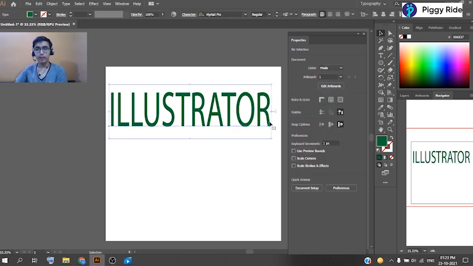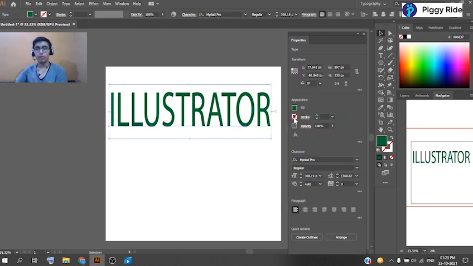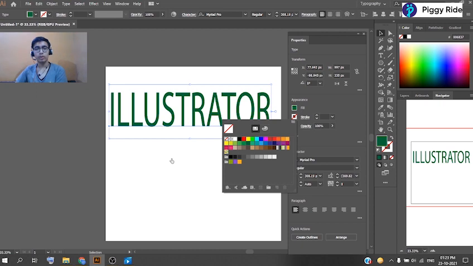Okay, with that we have stroke over here. So what is a stroke? Stroke is basically the outlining of our text, or you can say the fencing. For example, if we take the example of a park, the park has a fencing outside. So the stroke also works as a fencing, or you can say a boundary or outline of the text.